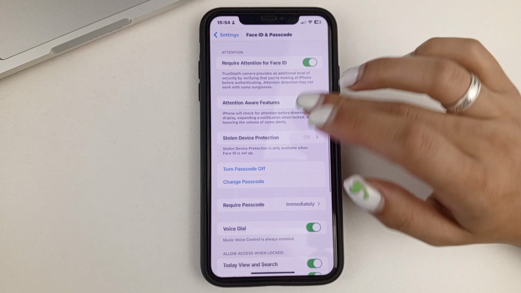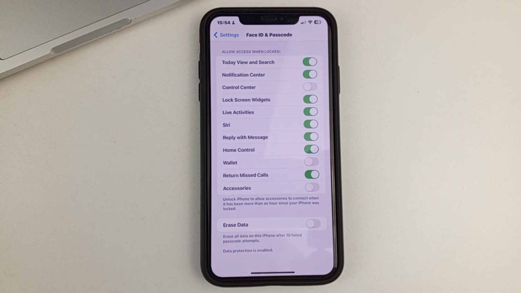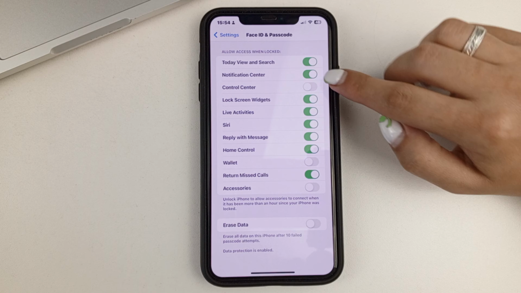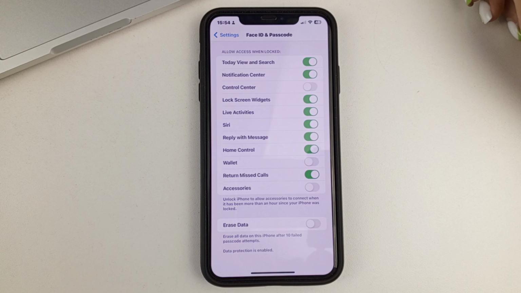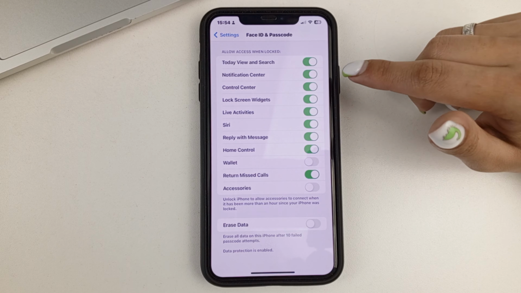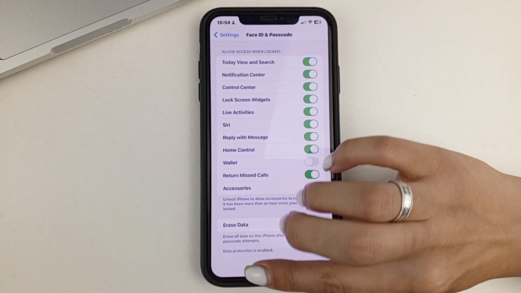Next, scroll down a little bit more until you find this section here, which is called Window Access Permission. And this is where you'll easily find the Control Center. And as you can see, it's disabled. In order to activate it, you just need to enable this button right here in front of the Control Center. And then it will already be displayed on your lock screen on your iPhone.